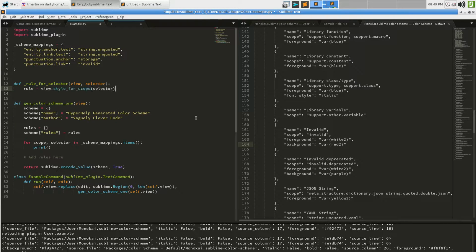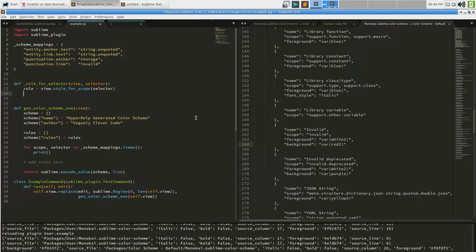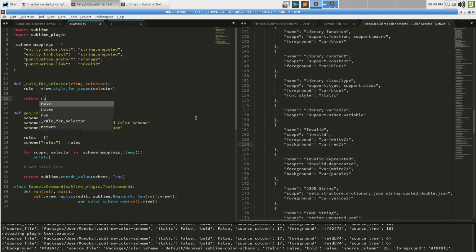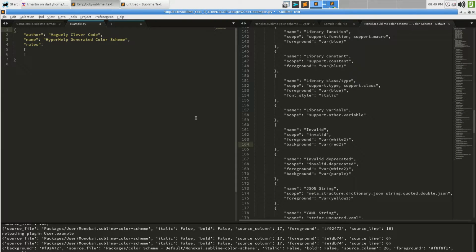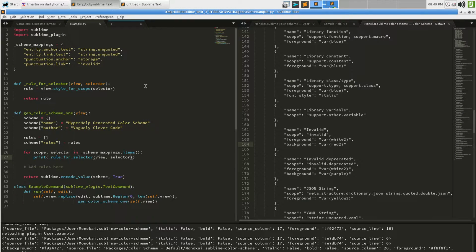And paste it here. And then we're eventually going to return rule. And as such, this now becomes rule for selector for just the view, because that's the view we're passed, and the selector that we're being provided. And it's still doing what it was doing before, but now we've hoisted the code up here.